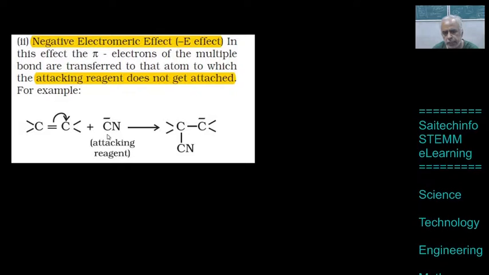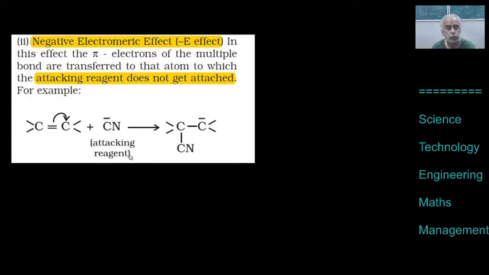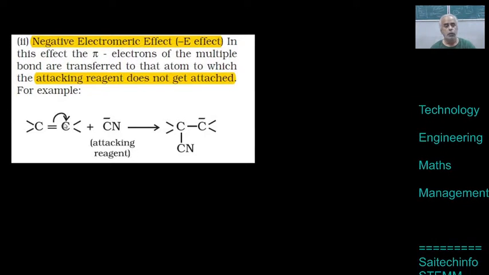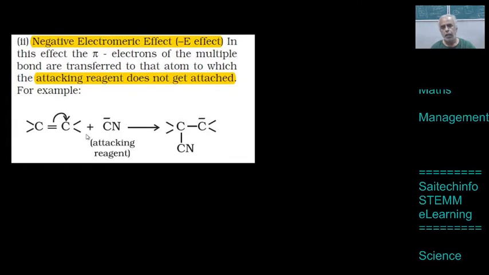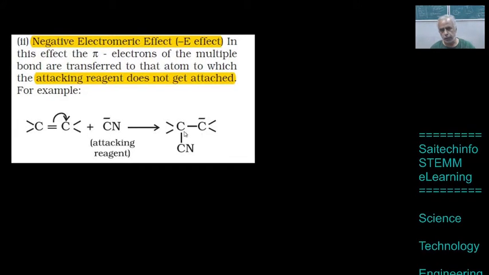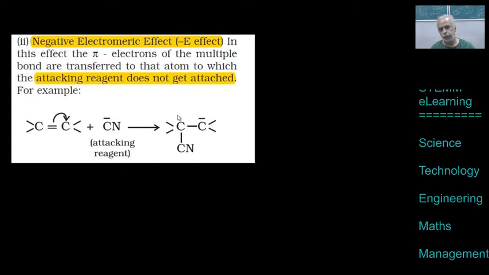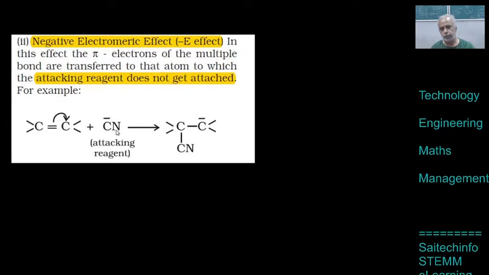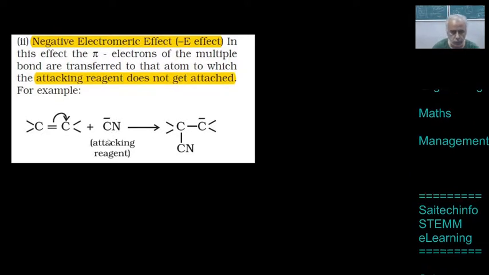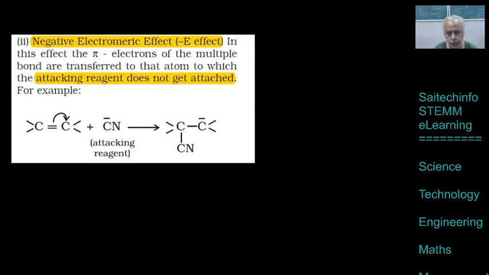Now can you tell me whether it is electrophile or nucleophile? Anyone? Nucleophile. Why? Because this carbon is going to have plus, and this CN has attacked this one, leaving the carbanion. So it has approached a nucleus, that is a positive center, and that is why it is a negative species called nucleophile. So it is a nucleophilic attack. So it's a nucleophilic reaction. Okay, please take down.